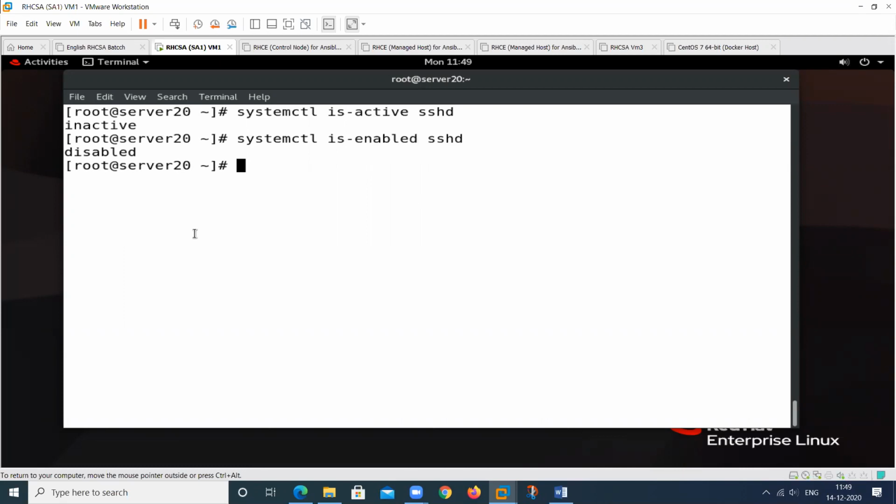See, I want to activate this and enable this by using one command. Then what will I do?